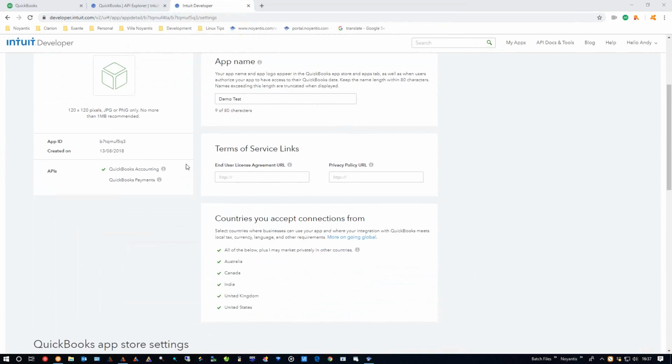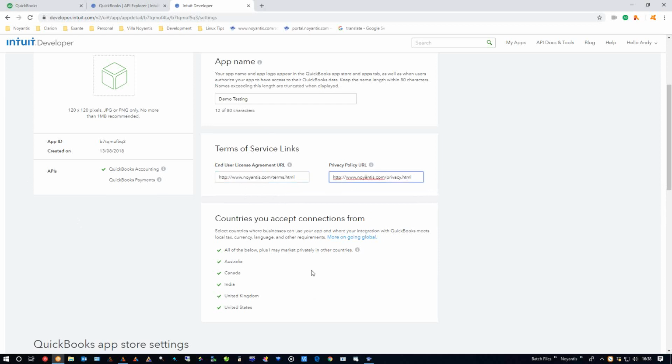I just don't want to show my production keys, for obvious reasons. So here we could have it as demo testing, whatever we want to give it. Because it wants to go to a secure environment, you do need to have some kind of end user agreement and privacy policy. I just use the ones off my website, which are perfectly adequate for what I want to achieve. It also needs a name for the app, which it will already have by default,